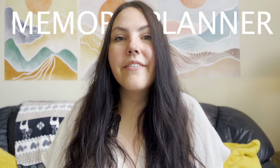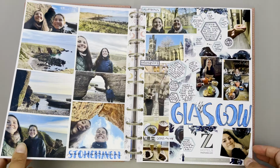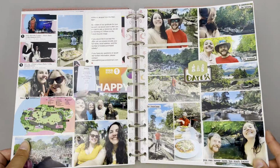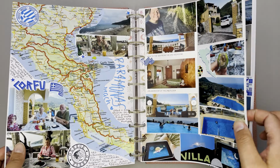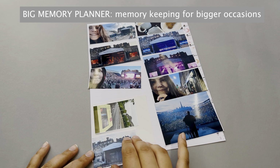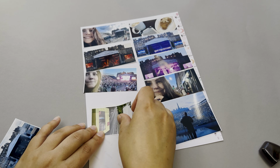The next one, and my absolute favorite, if I could ever have favorites, is my memory planner. I'm the most sentimental person ever, so every month it's my favorite time to print all the photos and have them put into the memory planners. I have this big memory planner from the Happy Planner. I never use it according to the templates though, and just fill my pages with photos for the bigger occasions